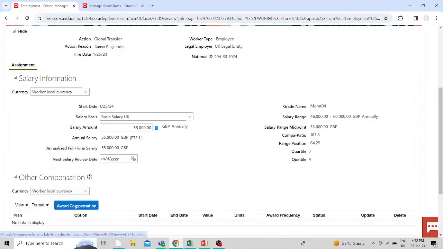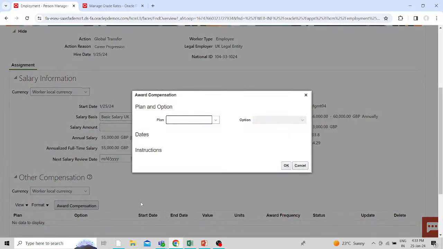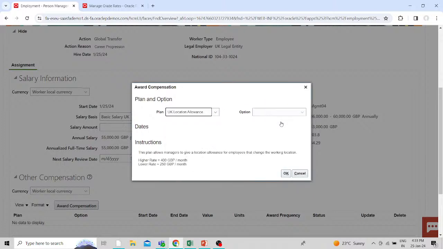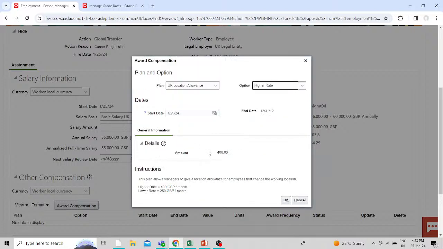Now here, if you want to give any compensation, then you can give the compensation reward here. These are the higher rate and lower rate. Okay, this is the higher rate 4000, lower is the 250. When you select lower here, you can see the 250. You cannot add it here. Okay, now you can click OK